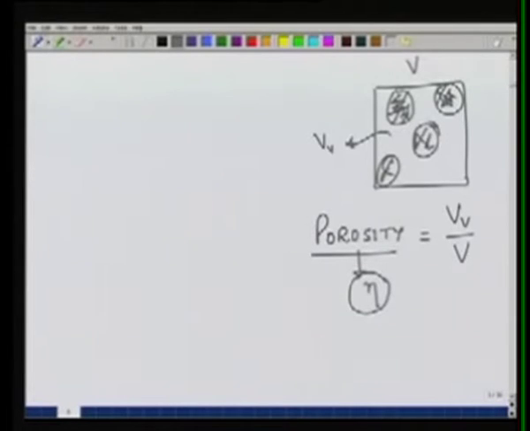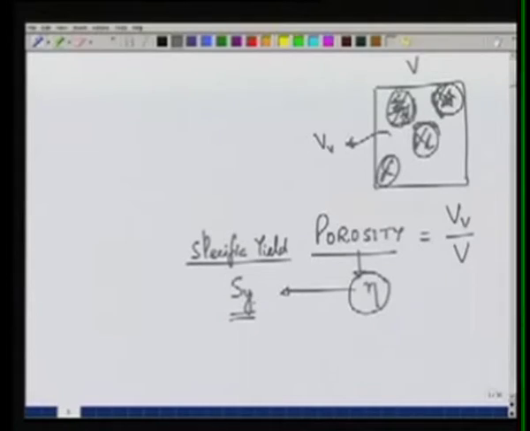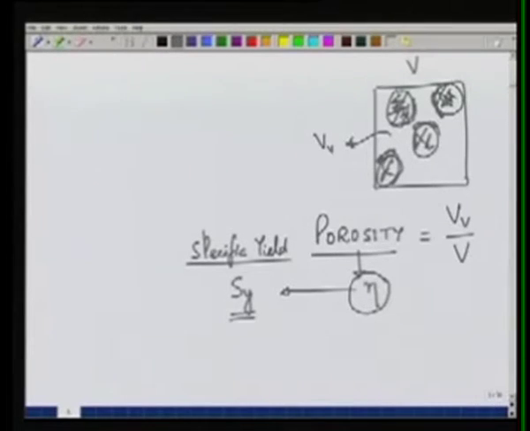because some of the water which is very close to the grains is attached quite solidly to these particles and cannot be removed. So in order to look at the availability, we have a term which is known as the specific yield. This specific yield, which is denoted by SY, is the amount of water which can be drained under gravity. So if you take a soil sample saturated with water and then allow it to drain, after draining there will be some water left inside the sample attached to the grains and maybe sometimes between the grains, but the other water can be taken out, and this is known as the specific yield of the